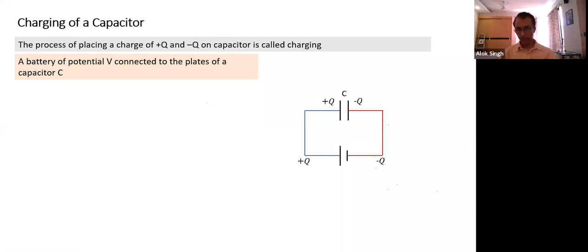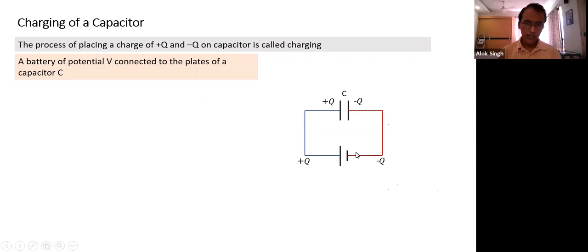How is it typically done? At the top you see a capacitor. What do you see at the bottom? I think all of you are familiar with this notation. It indicates a battery. The longer side indicates the positive terminal. The shorter side indicates the negative terminal. I have connected one plate of the capacitor to the positive terminal of the battery, and the other plate to the negative terminal of the battery.